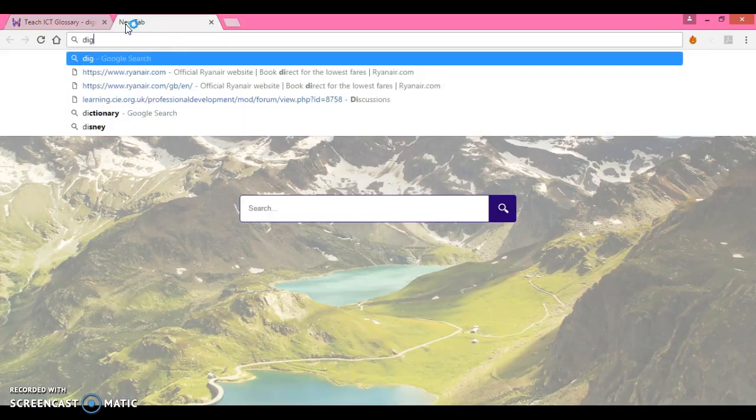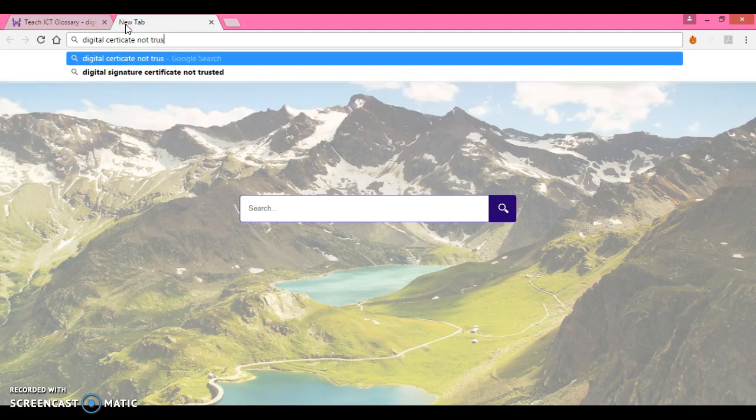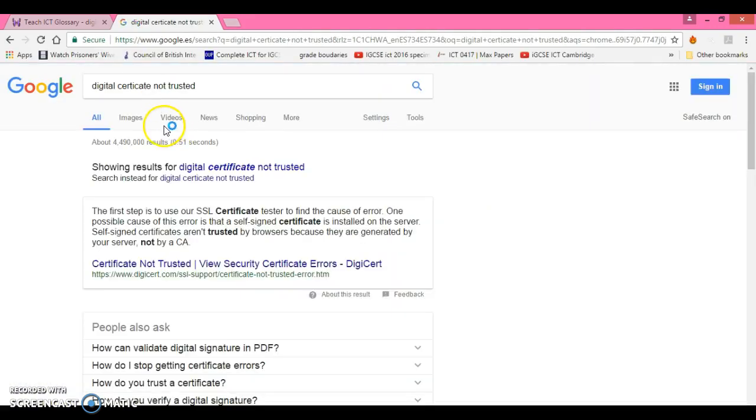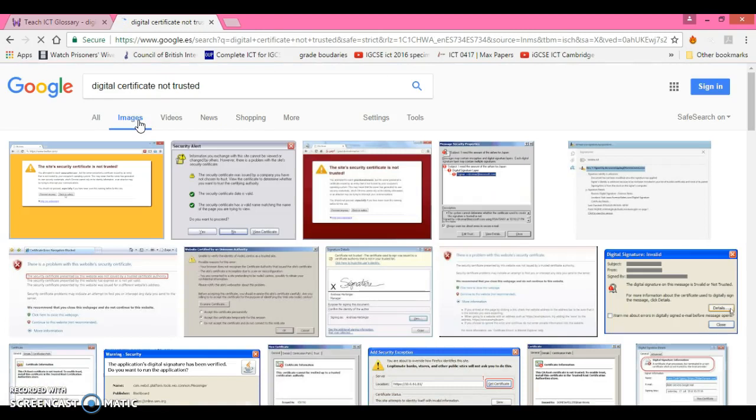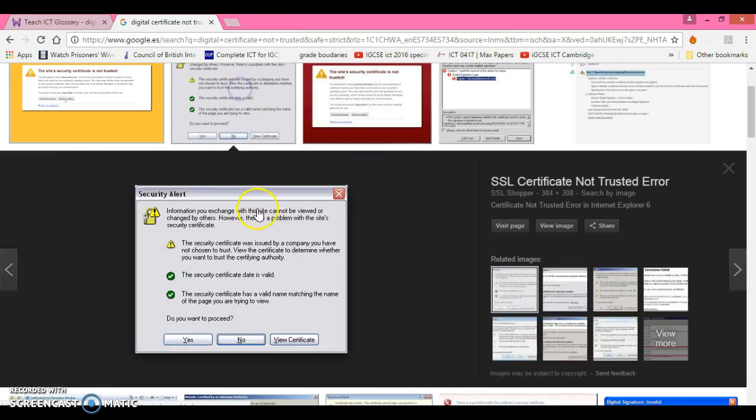So, hang on, let's get an example. So here, sometimes when you go on a site, it says this site's security certificate is not trusted. So if there was a problem, then what I would do is phone the agency and say this is what's happened, and they would say to me, yes, we're aware of this, or no, this has not happened. Or maybe you've seen another thing like this. Okay?